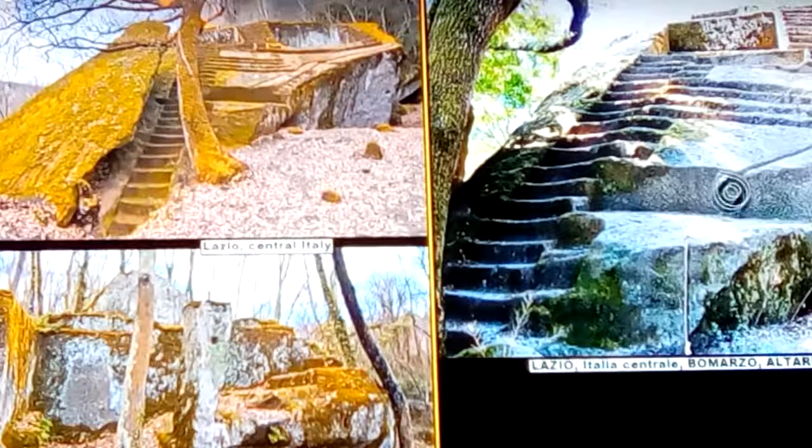These walls and all these things cut into stones. This picture here is neat because it looks like they actually hewed this out of a blob of stone and cut in the lines of it. And here's the exterior of it. The weathering on this, people have talked about, doesn't go with the amount of timeline that they give. They say this happened and the Etruscans did it whenever they were there at the very end of their reign, and they go, no, they've got another place that they've dated at twice that date and it doesn't have